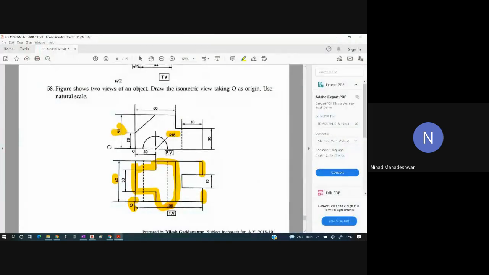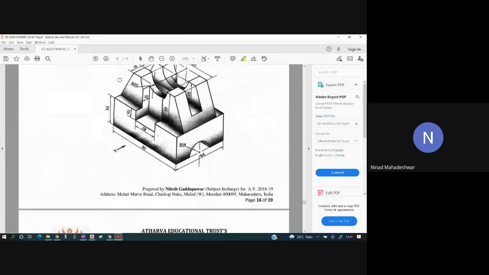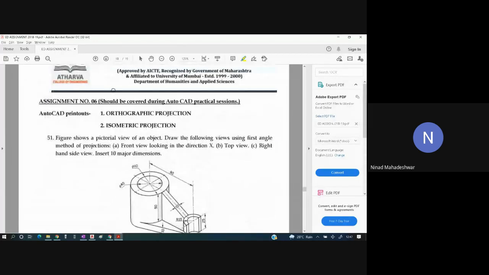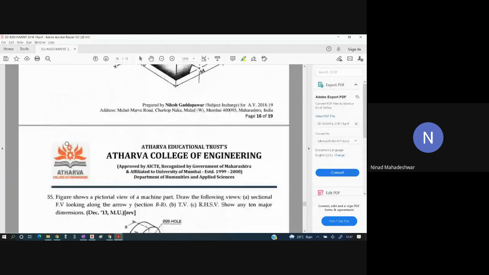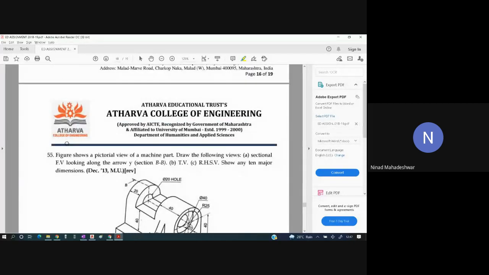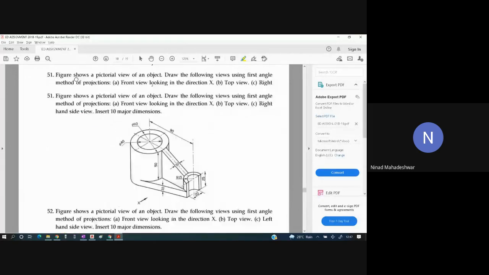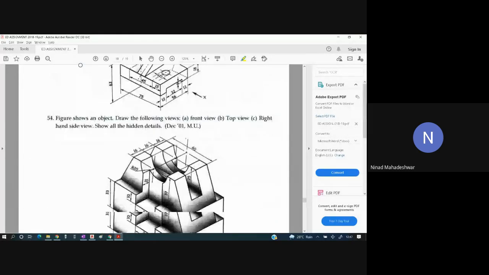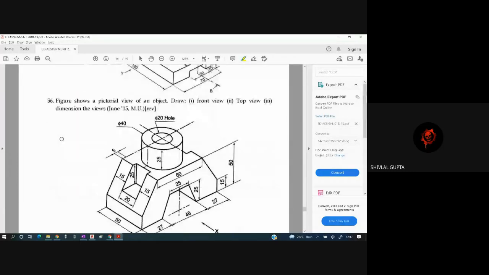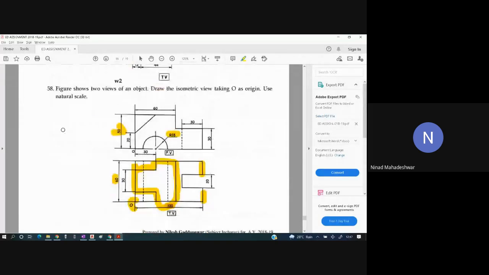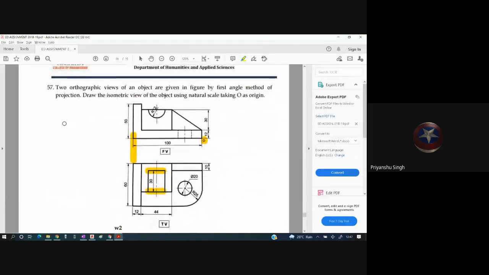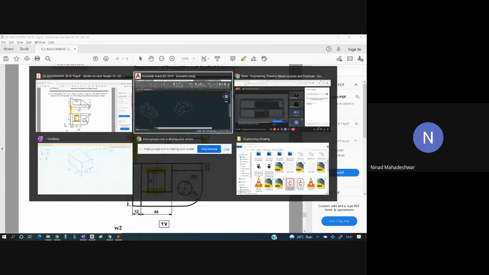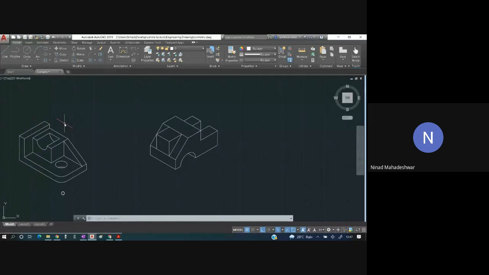Whereas from this PDF, whatever problems you have above this, ऑर्थोग्राफी से क्या आएगा? प्रॉब्लम नंबर 51, 52, 53, 54, 55 एंड 56. 6 प्रॉब्लम में से कौन सा भी एक प्रॉब्लम आएगा इन सेकेंड यूनिट टेस्ट और इन Practical. Okay everybody, have you understood this? Yes, sir. These two problems are going to come. Okay, any doubt here, students? Any doubt? No, sir.